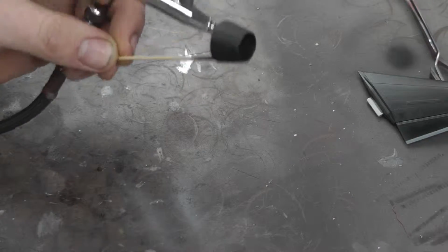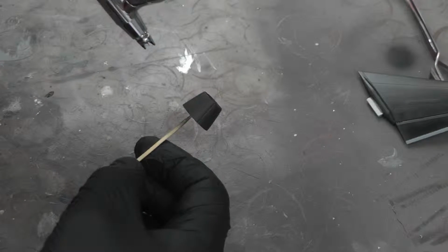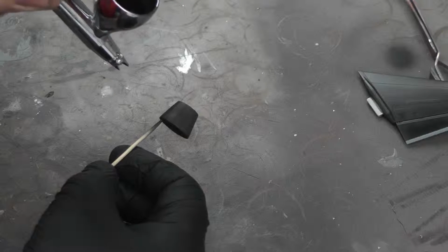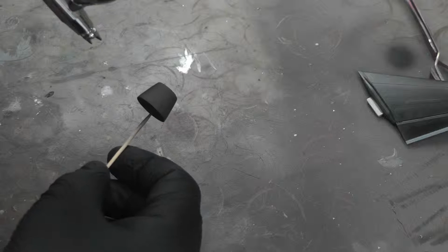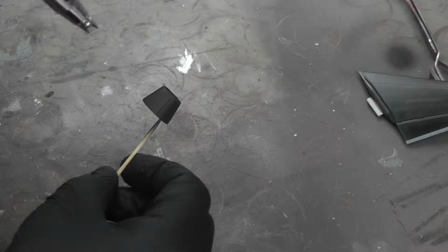Actually, the camera might be better if we didn't use that white background. Already black. When it comes to natural metal finishes, having a nice black primer always goes down rather well. And the one thing is as well